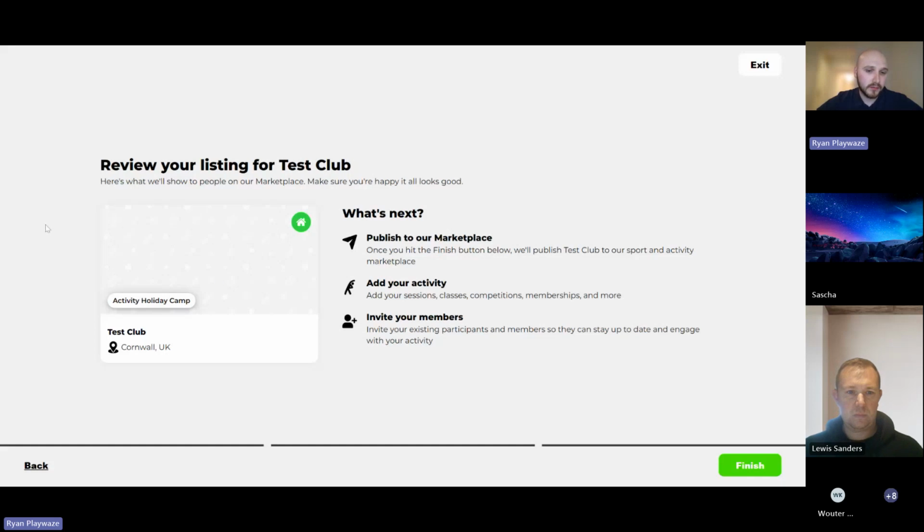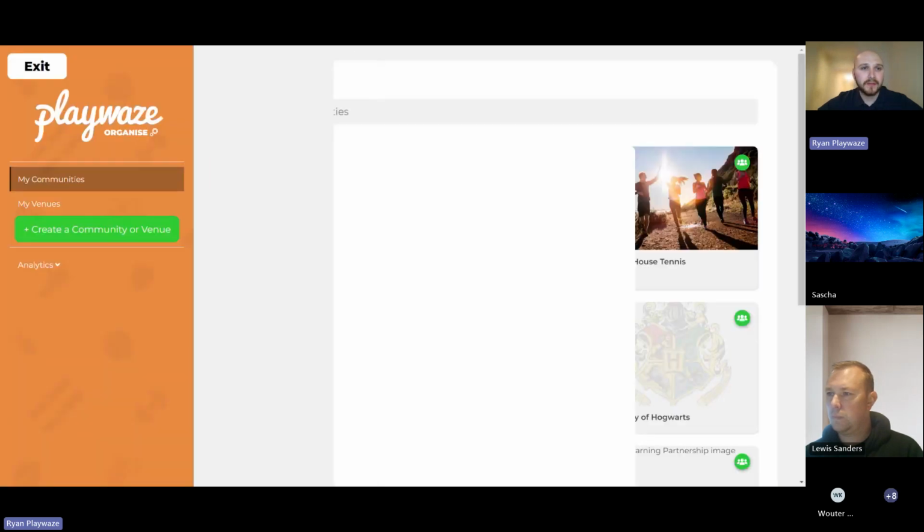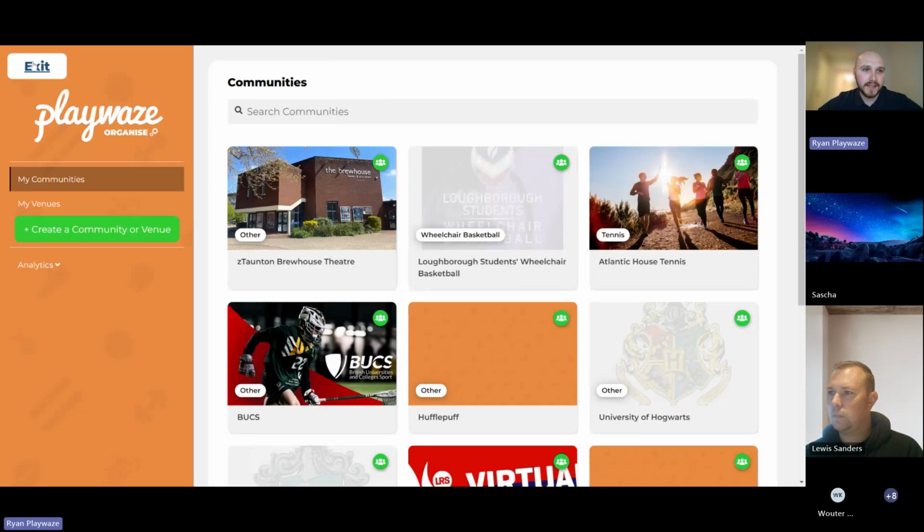This will then show you roughly what your listing would look like. I haven't chosen any images, so that's why this is default blank, but your image will show here. You'll see your community location and a quick summary. I'm not going to finish the create because that will create a live one. And then once you have created your community,